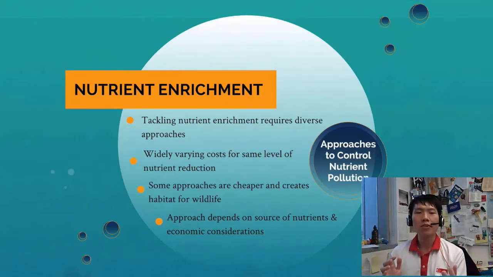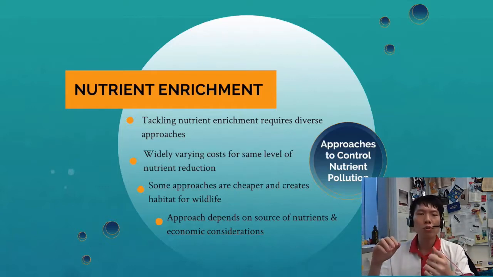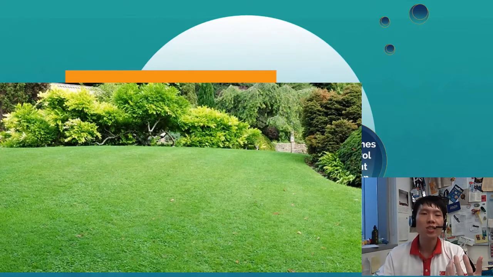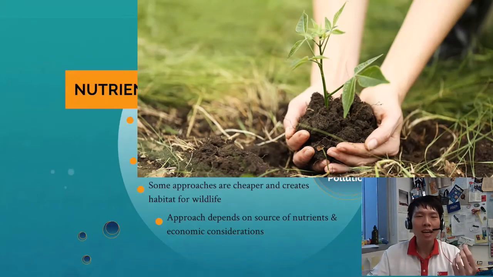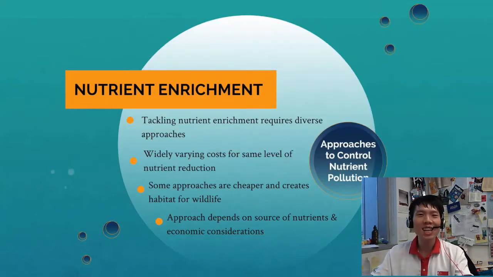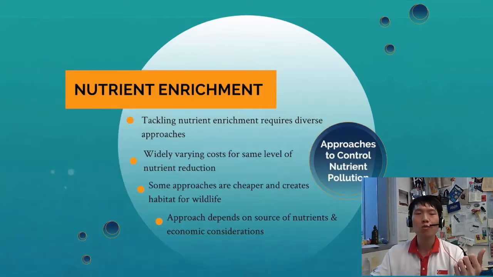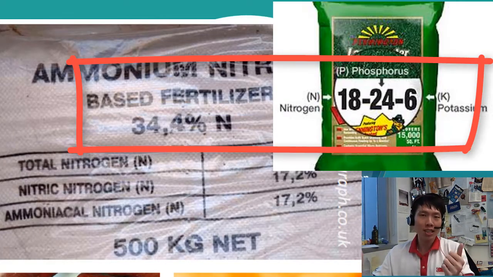So some examples of the approaches to control nutrient pollution include reducing the fertilizers used on farms and lawns here. How would a layman know how much fertilizer to put in? Does the person just spam a lot to increase plant growth, or add a bit inadequately so that you don't waste it, but the plant requires more nutrients to grow, right? How do you regulate this amount of fertilizers here, right? We give some advice to ration it out, and also look at the percentage of the phosphorus content in the fertilizers